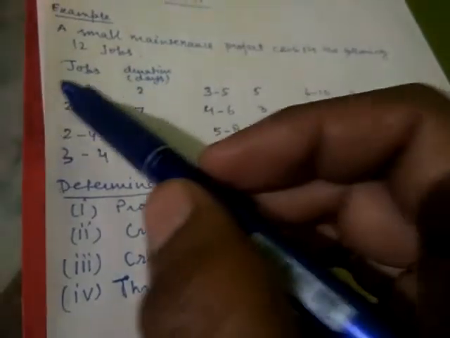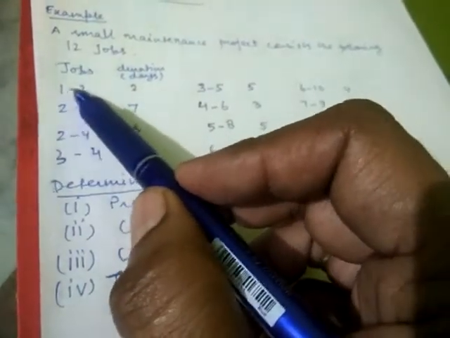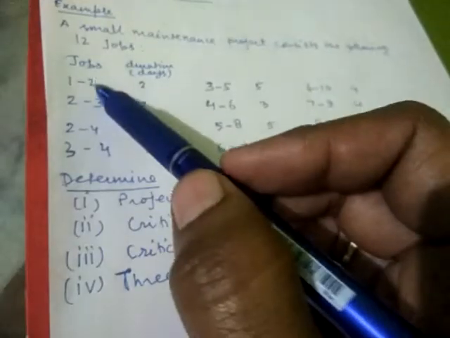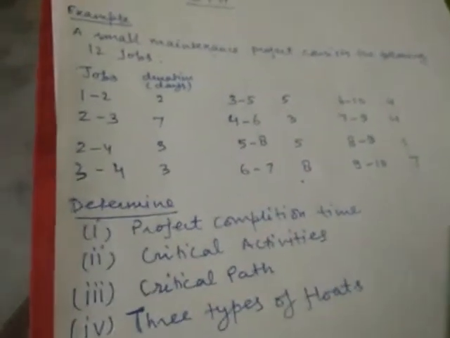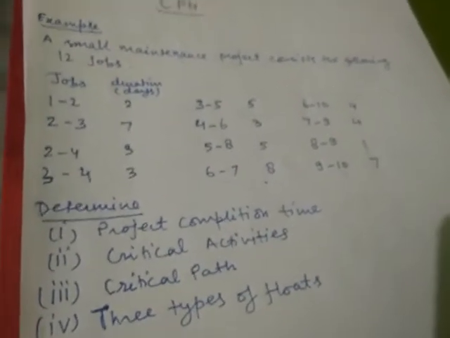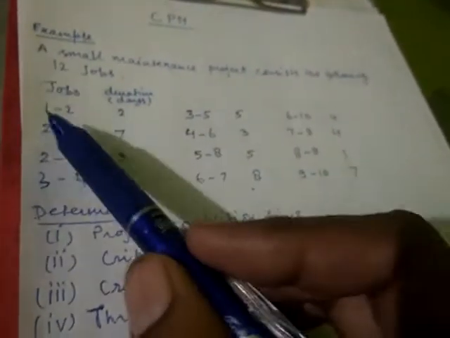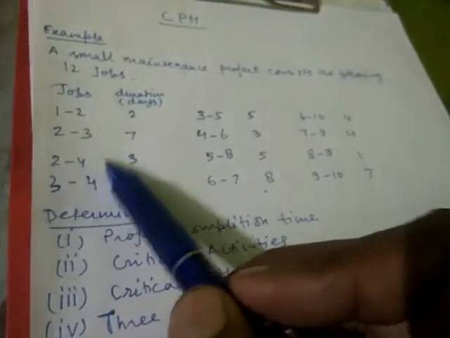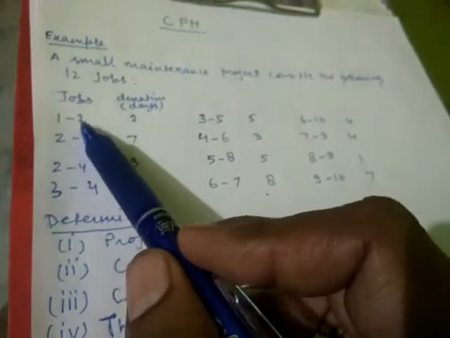Now these are the activities: 1 to 2, 2 to 3. Because this is given in this form, 1 to 2, then 2 to 3, you can see interconnections are given here. In one of the questions you must have seen that activities were given as A, B, C, D, and their preceding or succeeding activities, their interrelation, were given in another column. But here this information, 1 to 2, 2 to 3, provides information about the activities as well as their interconnections. Now see how to form a network diagram.